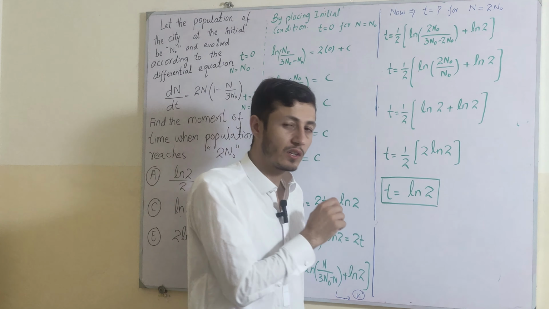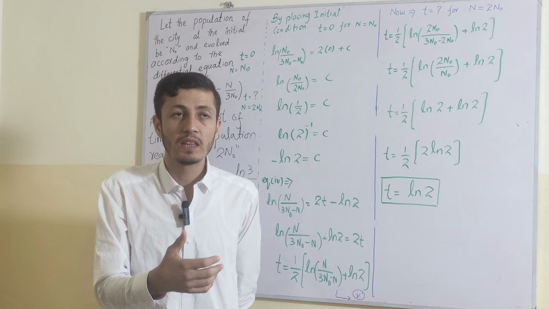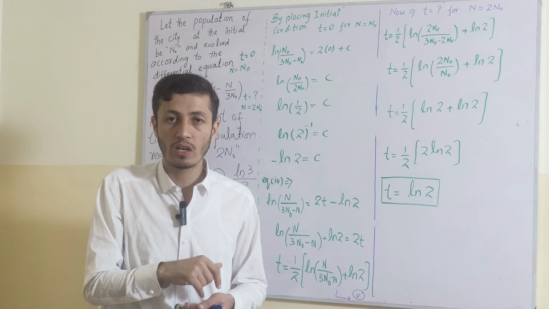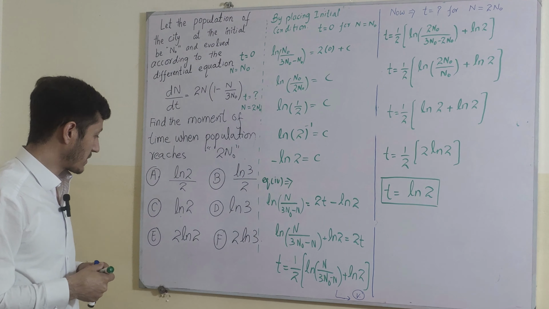So for the duration of time natural log of 2, the population of the city reaches double its initial value. So in the options, it is option number